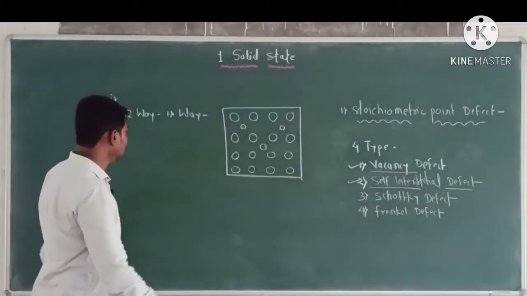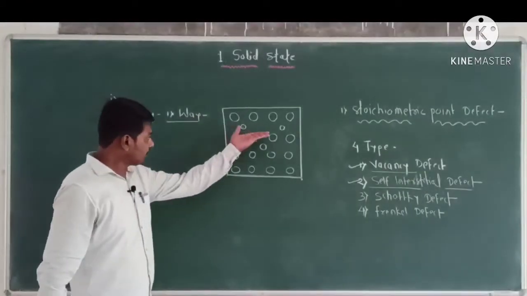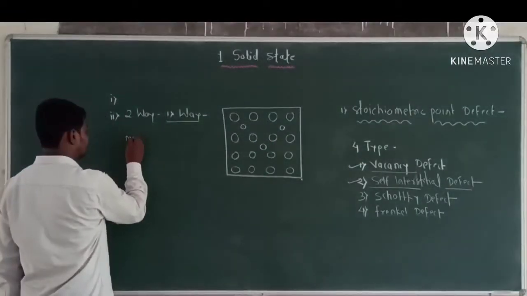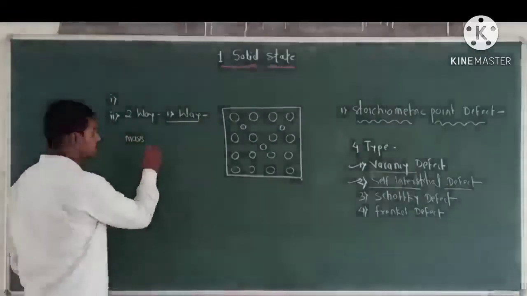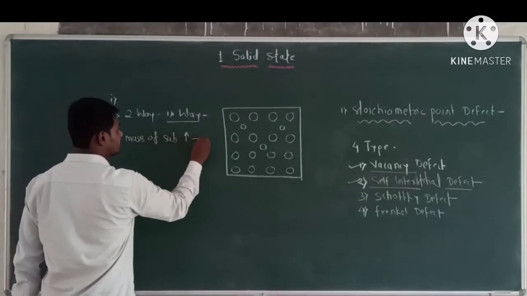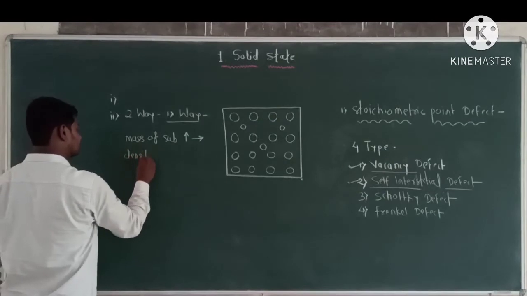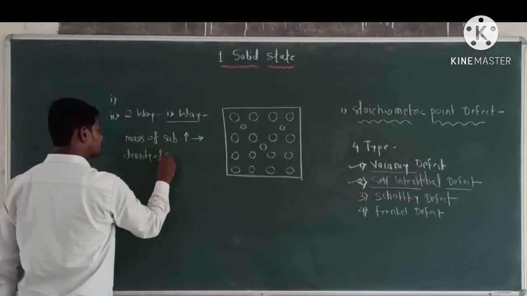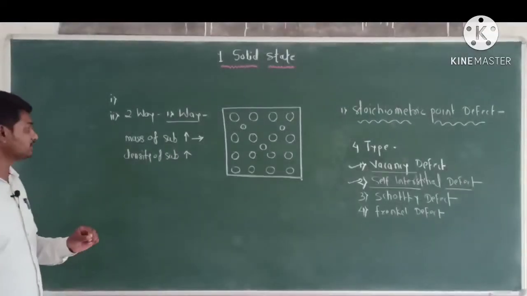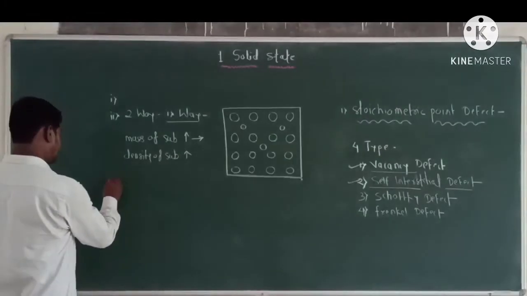Now in this way, the number of constituent particles increases, therefore the mass of the substance increases, therefore the density of the substance increases and volume remains unchanged, that is the same. Now, second way is the